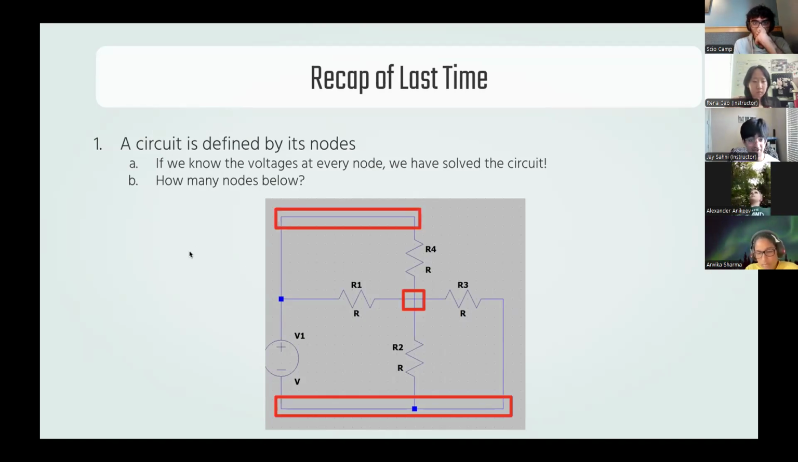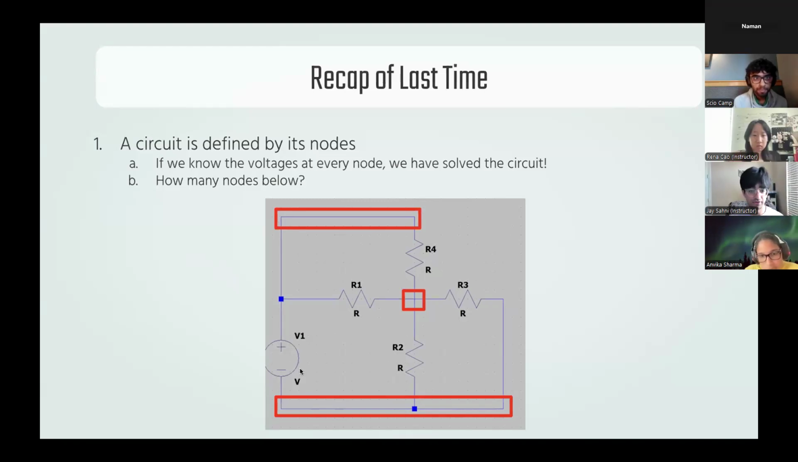So the correct answer is 3 nodes. I can see why you might think 5 because there's 5 kind of junctions. But when we're considering nodes, you have to remember that just because it's a branch, it doesn't mean that the voltage is different compared to another place on the circuit. And that's what we're primarily looking at. So as you can see here, we have one place with 0 voltage, our ground at the very bottom. At the very top, you have one which is,